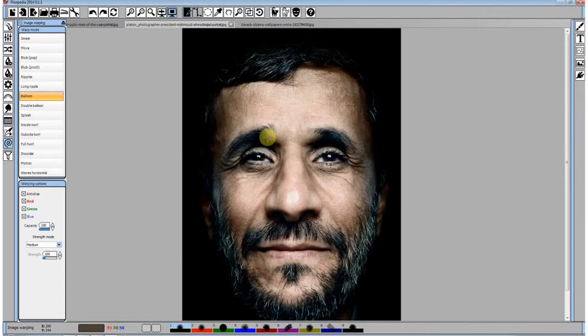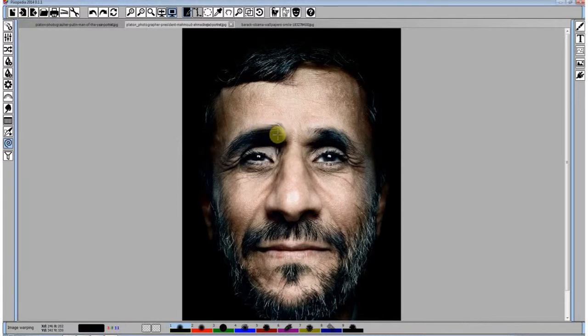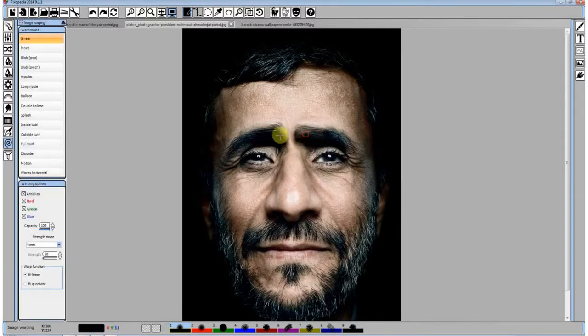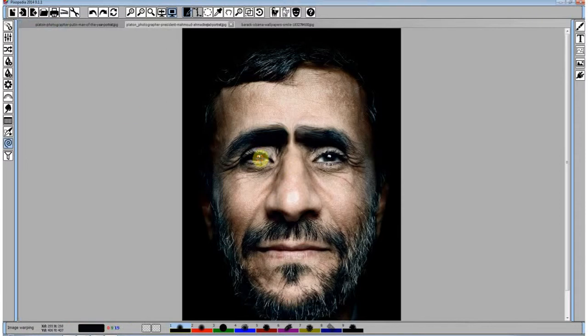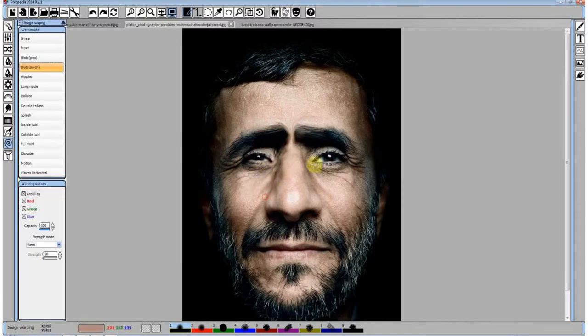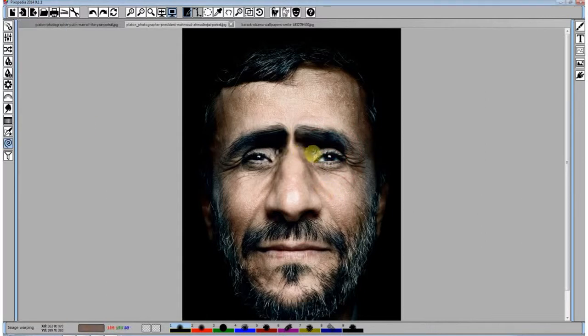He has strong eyebrows, so we will use a weak smear to put those eyebrows here. Sorry, here. Now we will pinch the eyes. Then we will use balloon to get the eyes a little bit closer.